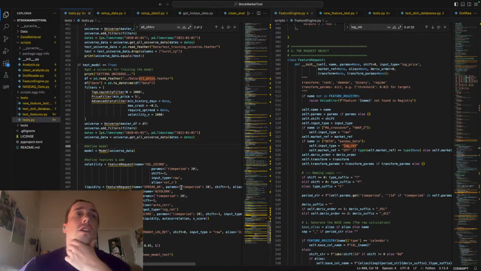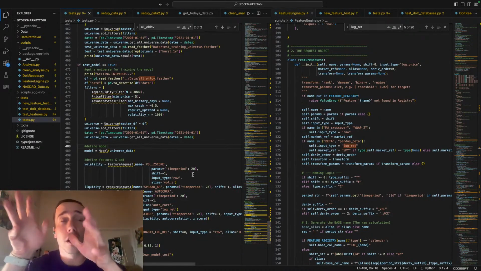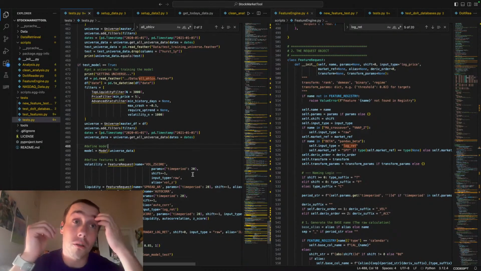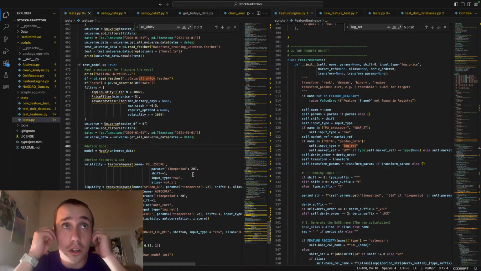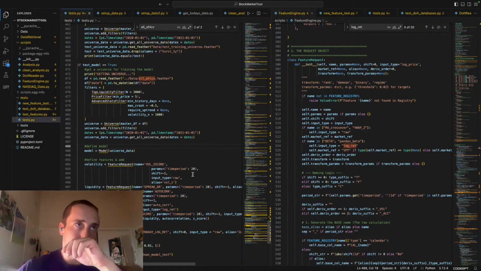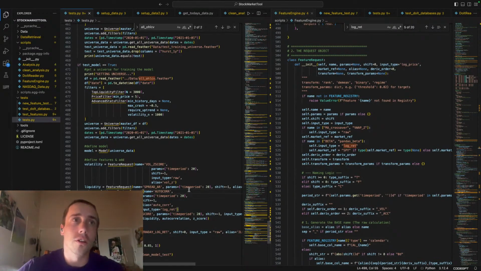I realized that's because I'm looking back. The target was the log return, and I pushed it forward 1 day. The 5-day log return. So it was the sum of the log returns over the last 5 days. And so obviously that's leakage. The past is trying to predict the past. And so that's why it was so good. So now I'm trying to predict it on, instead of the sum of the log returns, just one log return.